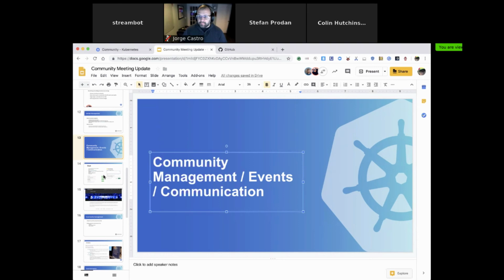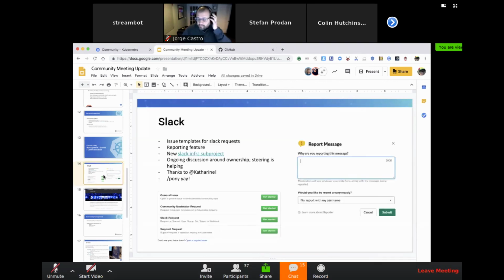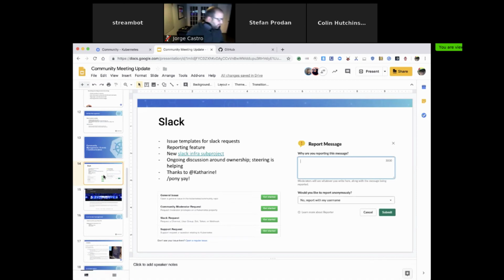Events, communication, etc. One of those being Slack. That's what sort of GitOps we're doing here. A special thanks to Catherine Berry for that. She's been working super hard on just making Slack better for us. We've added the report feature so you can report people who are breaking the code of conduct. And then also different kinds of additions where we can add Slack channels and all kinds of cool things via issue and PR. All of that is in the deck. Check it out. Super cool stuff.